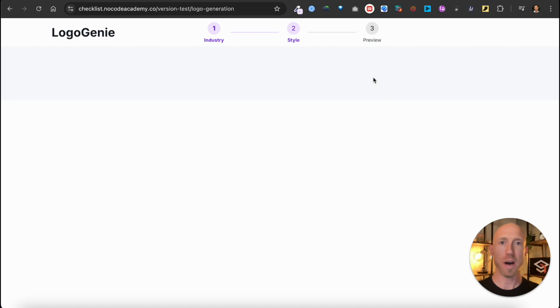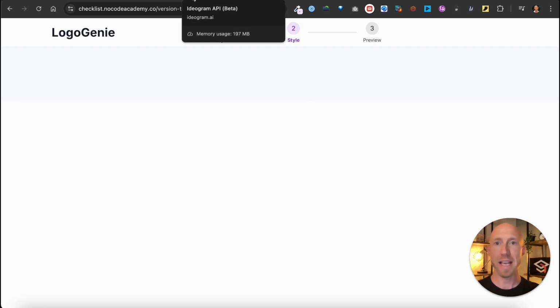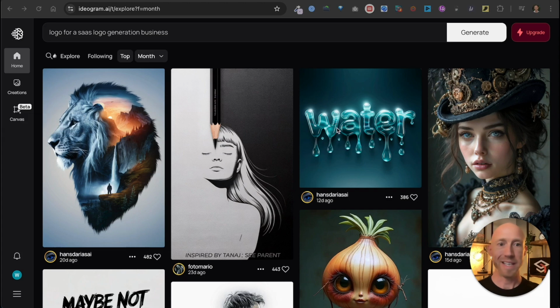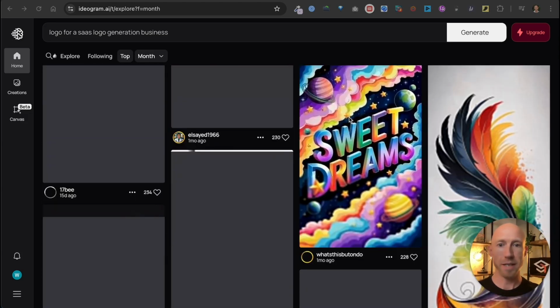I'll knock out the UI and then plan to come back with fresh plans when I'm ready to say, hey, time to give me a prompt for a business that does X and likes this style of, or is in this industry and likes this style of logo, right? So I'll give it that information. It'll give some prompts back on the back end, not to me or not to us. The users won't see them. Then it'll go out and it will create that logo on the Ideogram website, which we can see here is